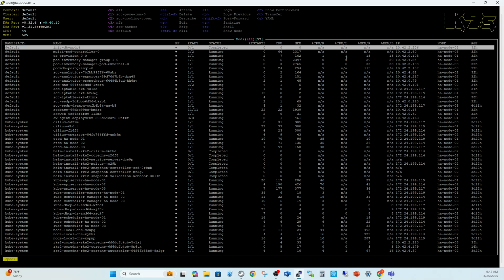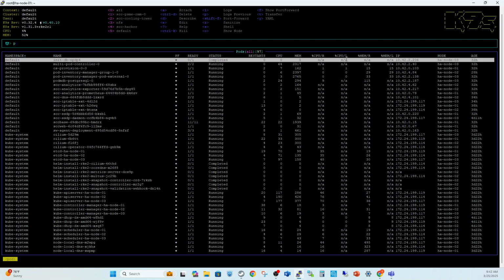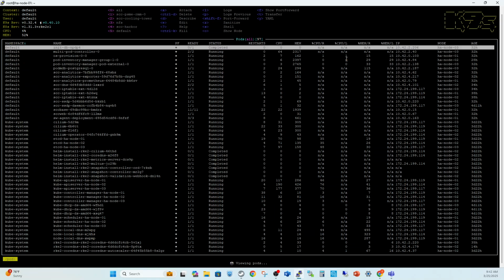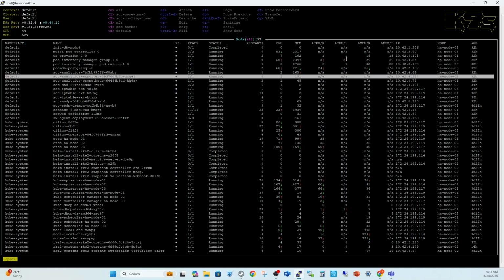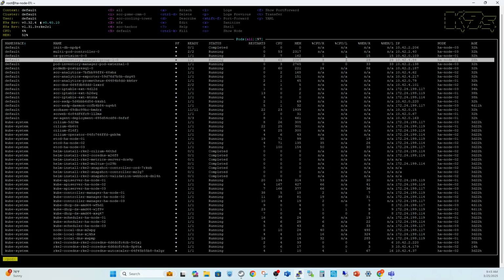And then we have what we call the namespace information. So let's do the shift : again and issue pods. And here we see namespace information for each pod. The next thing we want to look at, let's scroll down a bit and see things that would be of importance to us. Things like an analytics exporter that's collecting metrics data, pod inventory manager,